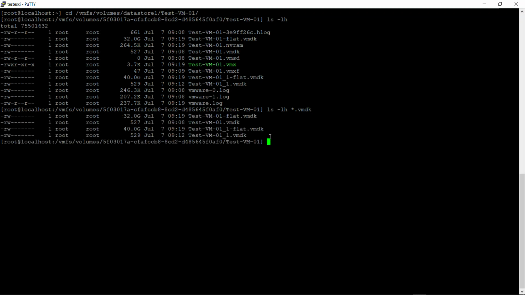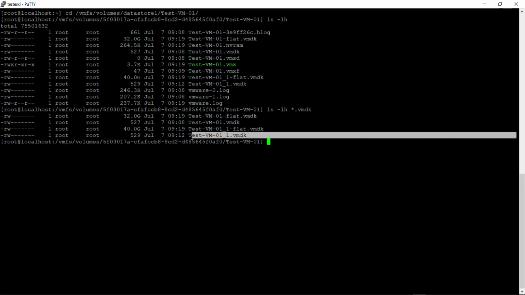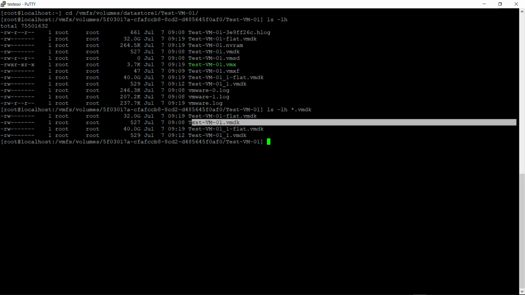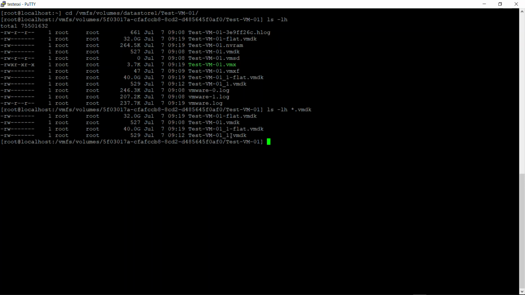We have four files here. Two are vmname.vmdk and vmname_sequence number.vmdk. The one with the sequence number is the second disk, and without any sequence number it is the first disk, and the same for the flat.vmdk files. The vmname.vmdk or vmname_sequencenumber.vmdk files are the descriptor files.